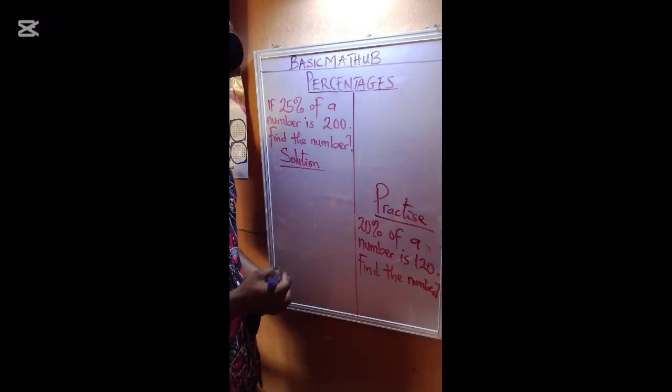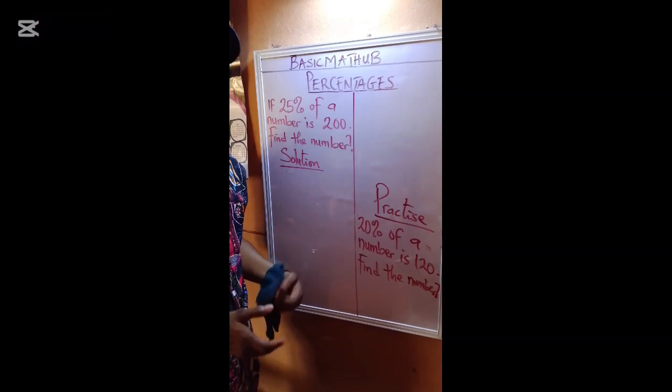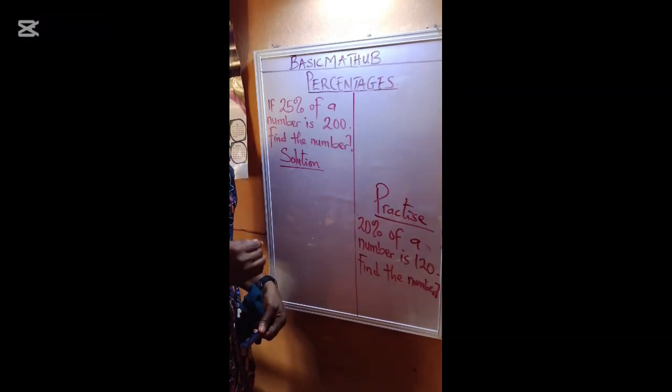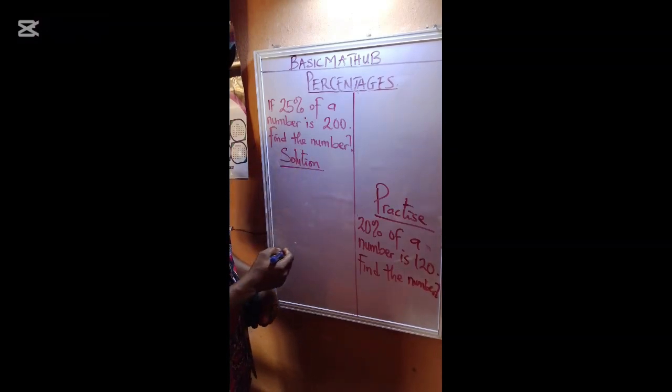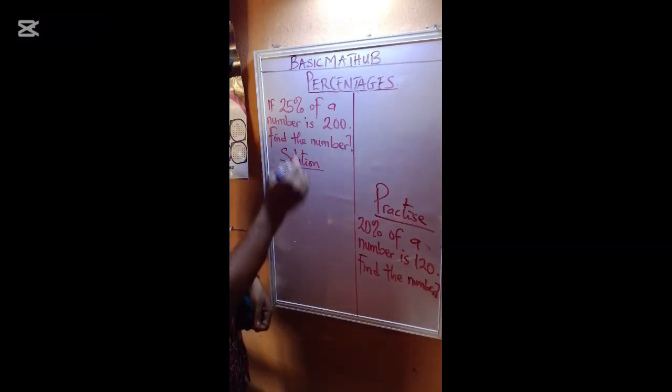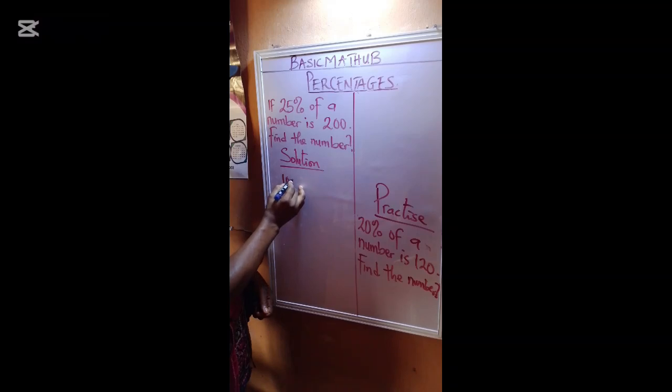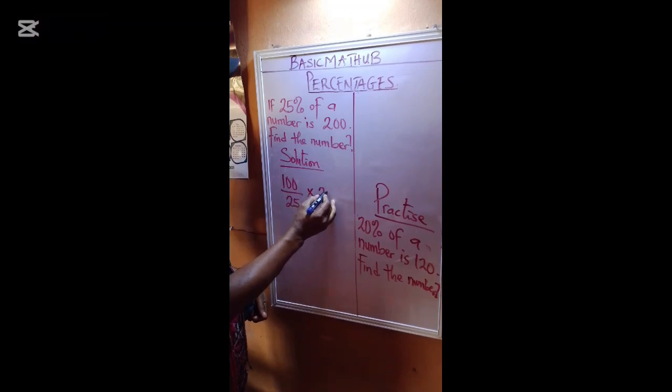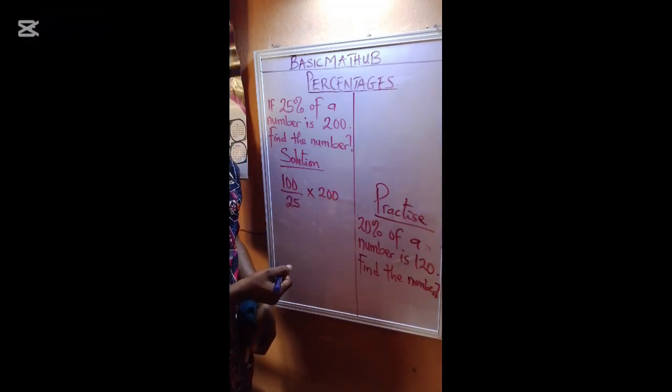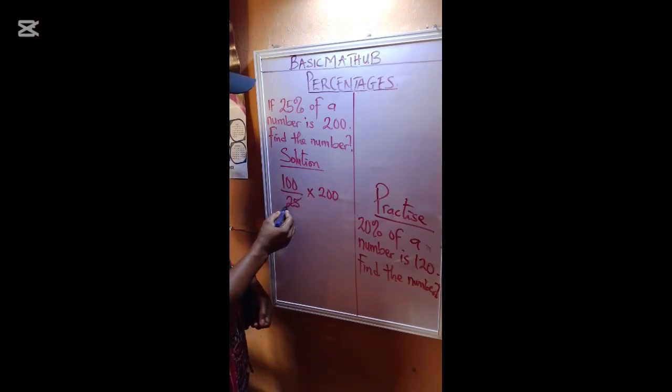Whenever we are given a fraction in the form of percentages, the numerator is always what we are looking for. It could simply be 100 over 25 times 200. If you remember the multiples of 100, 25 here 1, and this one will give us 4. So 4 times 200,